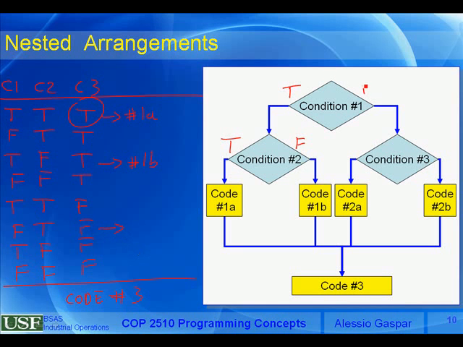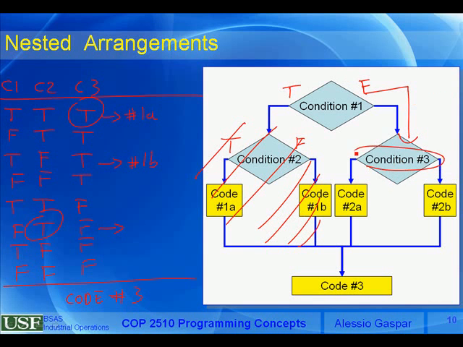Condition 1, according to my table, I'm assuming this time it is false. Condition 2 is true. Do I care really? No, because I'm not going to even execute anything that has to do with condition 2. I'm just going to go in the else branch of my main if, and I'm going to bump into another conditional,